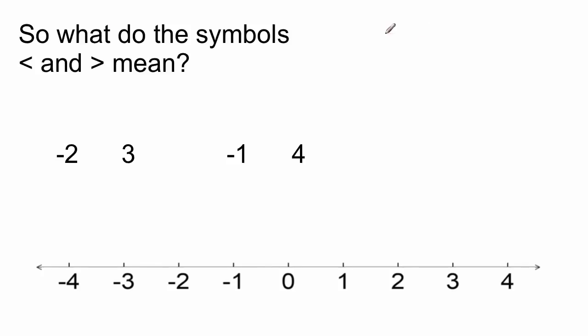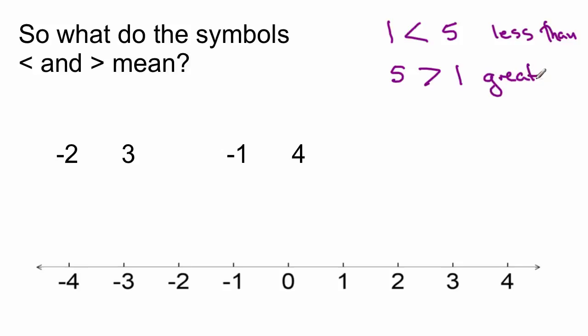So then we're left with these symbols here, and what do they mean? Well, traditionally we've said that 1 is less than 5, or we could say that 5 is greater than 1. So this would be a less than sign, and this would be a greater than sign. But, you know, in some ways that's a little bit confusing, because if I said, let's look at -2